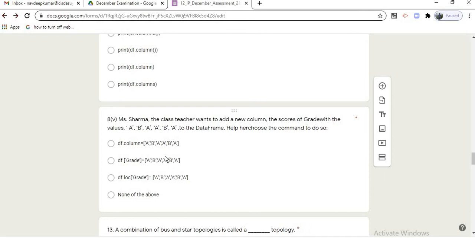So students, option B is how we write it: data frame, then mention the column name in quotes, then assign the values. Assigning the value is the same, but the LOC method has two parameters, first rows and then columns. Clear? So the LOC method will not be used. This is the method we are going to use in option B.